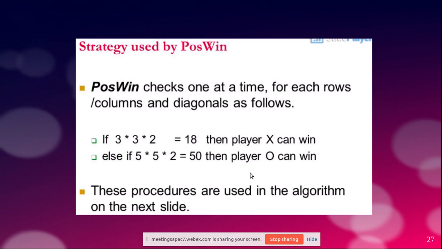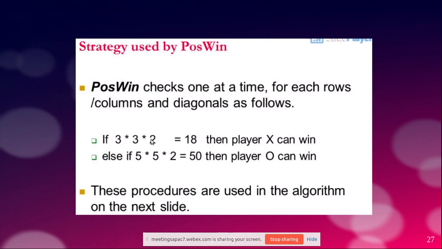Okay, how does this work? Now we are going to use a simple logic instead of working with the direct combinations. Let us just look at the row, column, or diagonal. So 8 options are there. You just compute all 8 values. Each cell is given a value: 2 if it is blank, 3 if it is a cross, and 5 if it is a knot. Then for every row, every column, every diagonal, 3 elements are there. All those 3 numbers you just multiply.